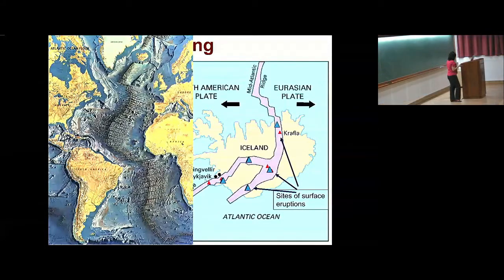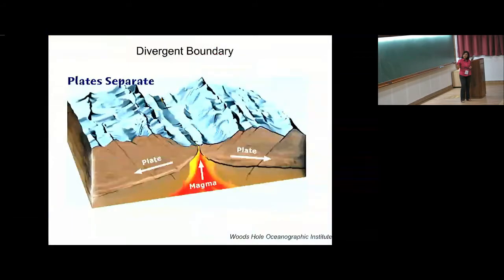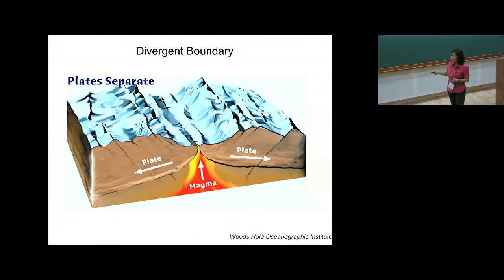So, as I said, you have two stations that are moving in different directions, which means that the country is splitting apart. And that gives us the model of a divergent plate boundary. So what happens at a divergent plate boundary? You have two plates separated by this kind of a ridge. Mostly it is found in the oceans, but you can also find it in the continents. You have magma rising, and these two plates are splitting apart, or moving away from each other. Okay, these are known as the